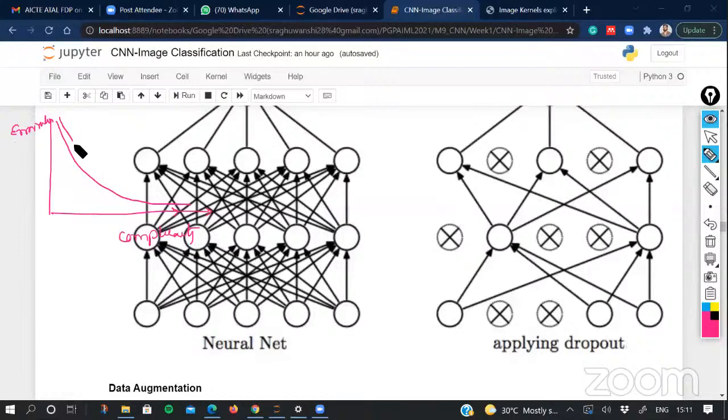But the error rate of the test data decreases initially, but after a certain time it starts increasing. And this zone, we call it the overfit zone. So complexity is good in terms of reducing the error with respect to the training data, but it's not good with respect to the test data. And sometimes it leads to the situation of overfitting. And this is not good for any ML model or any DL model.